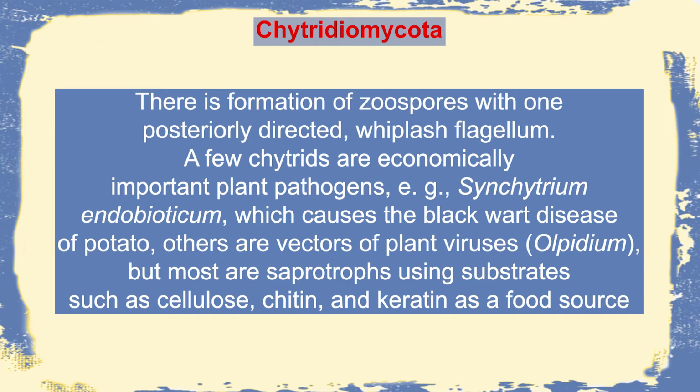and this particular saprotroph, they are growing on cellulose, chitin, keratin. So they can produce all these enzymes, and these enzymes can degrade keratin. What does it mean? It means keratin which is present in human skin can be degraded by these fungi, so they can be human pathogenic as well.